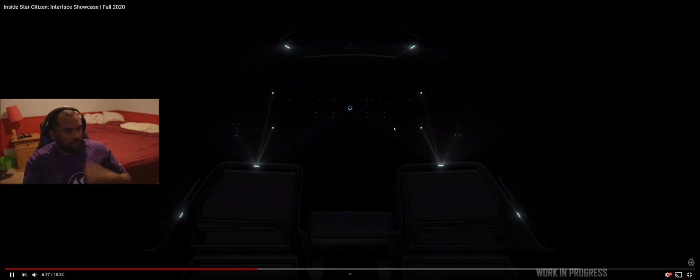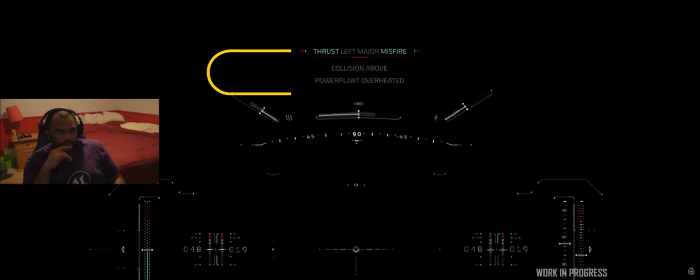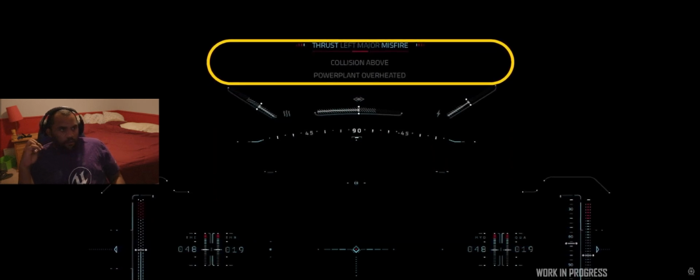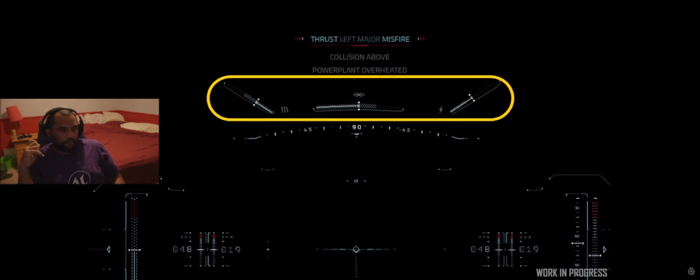So if we look at the final concept, we'll go over some of the features that are there now. If we start at the top, this is where all your warning messages are primarily, so these will cascade in, and much like the current version, they will be coloured to indicate severity. Directly underneath that is a new element dealing with your emissions or signatures, and sort of infrared cross-section and EM signature relative to the background, which is going to be very cool for stealth gameplay. And then we have the main piece of the HUD, which is much wider than we currently have, and that has everything to do with your velocity, thrust capacity, your thrust